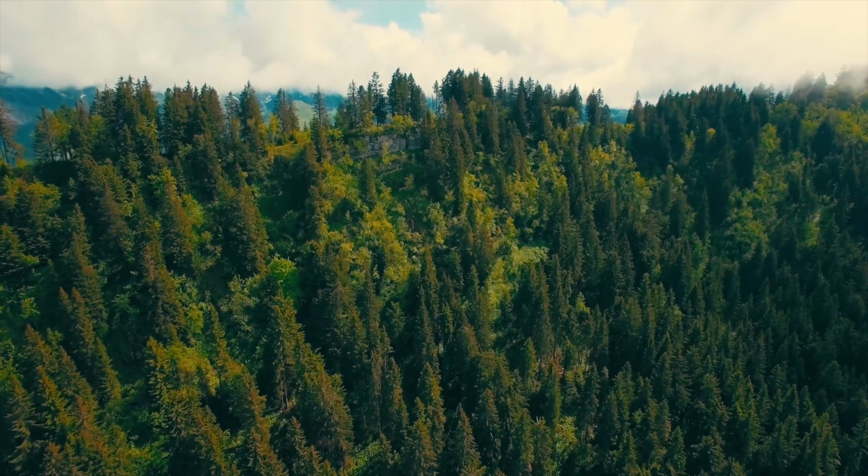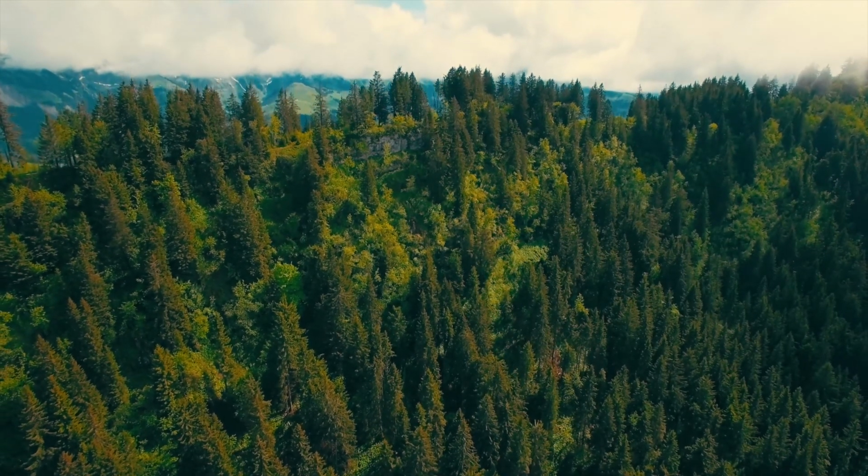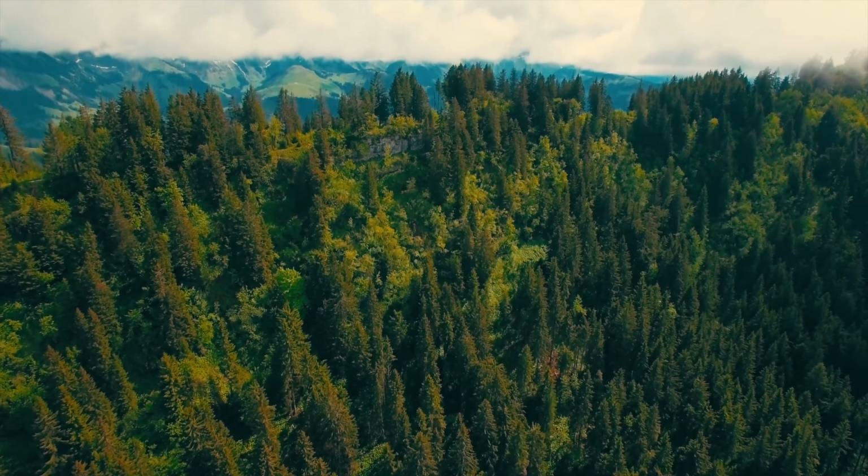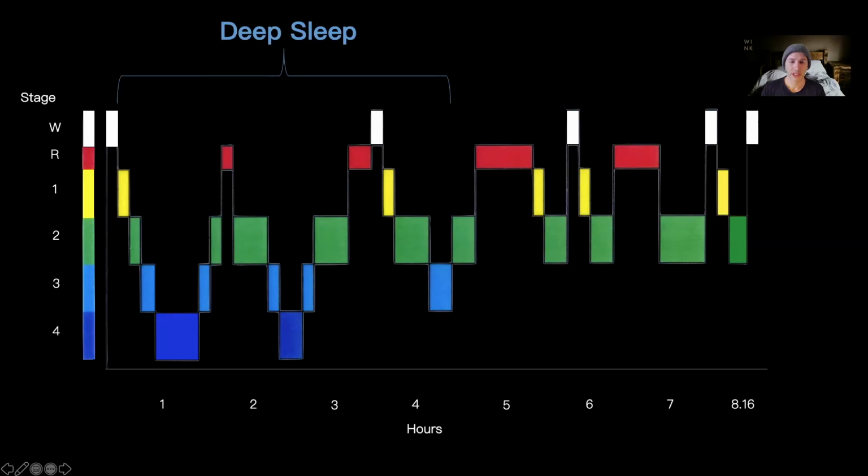Now, the other way to look at our sleep stages is to not necessarily look at the trees, but to step back and look at the forest. So if we look at the first half of the night, we get the majority of our deep sleep in the first part of the night. Now, the reason being is that's related to a concept known as sleep pressure. So sleep pressure builds when we wake up during the day, and it gets so intense by the end of the day that it really tries to push itself in. So that's why we get a lot of deep sleep in the first half of the night.